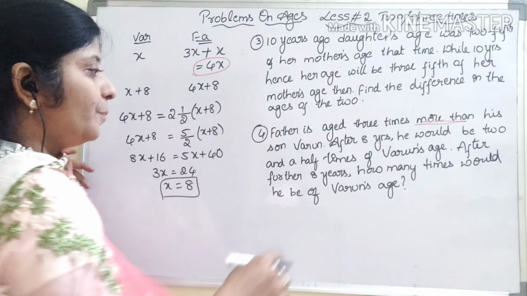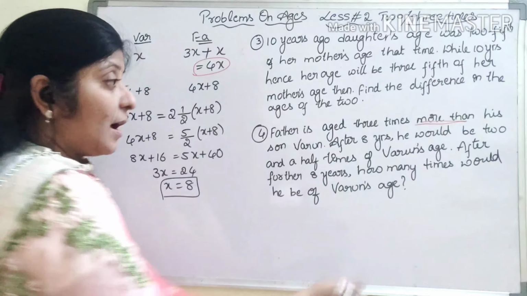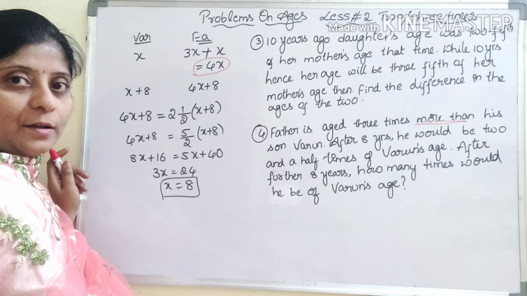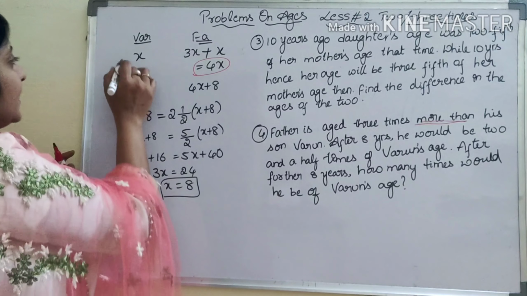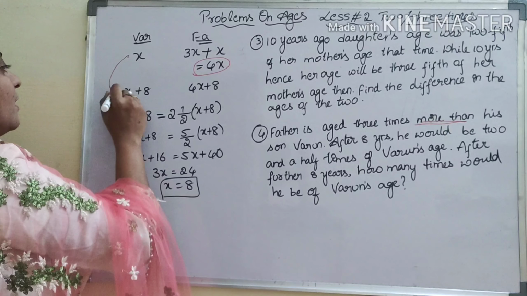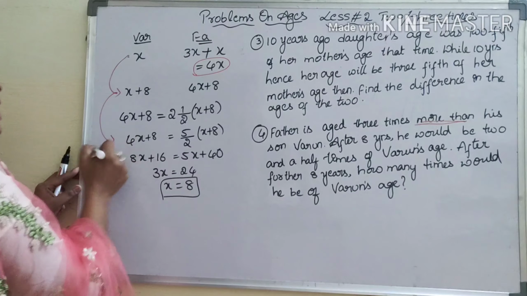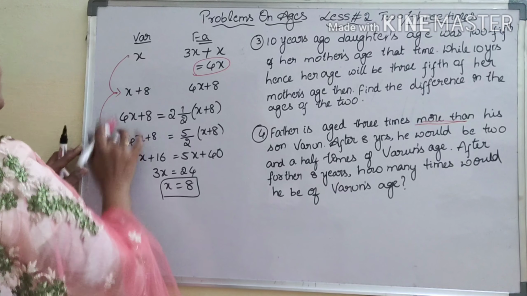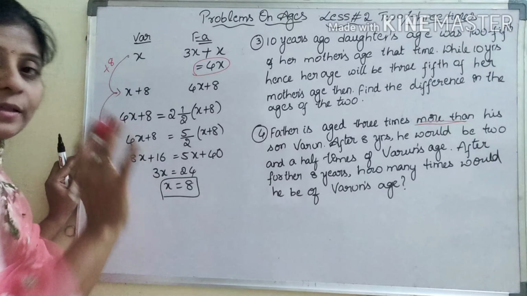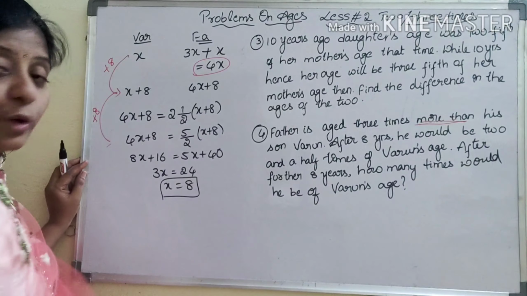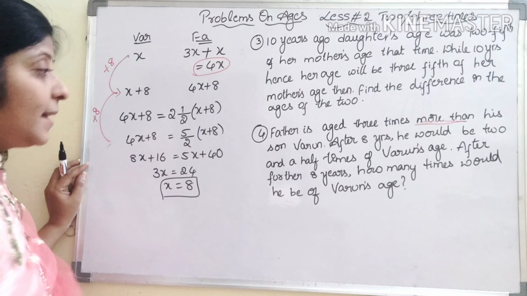And after a further 8 years, we have completed 8 years. Now we have to add 8 years again to the present age. That means here we add plus 8 and also we have to add a further 8 years. That means we have to add 16 years in total.